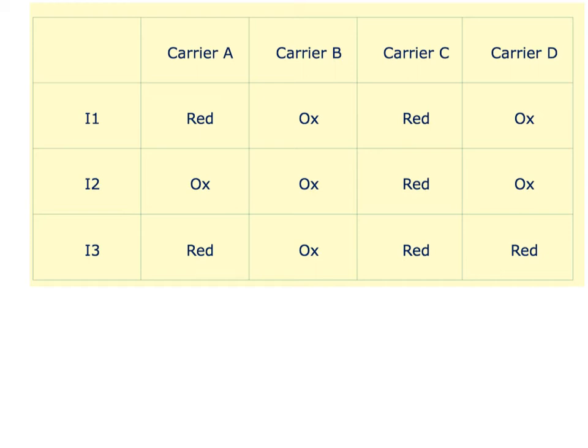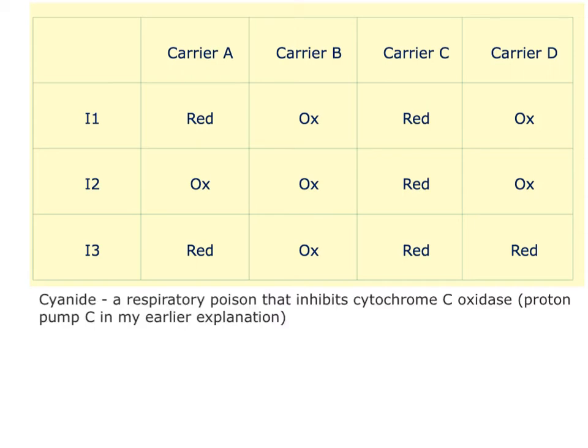So you can see here they've just called them carriers A, B, C and D, and then inhibitors 1, 2 and 3. Interestingly, cyanide, which is a chemical I'm sure you've all heard of, a nasty poison, obviously kills people, that's actually what we call a respiratory poison. It inhibits cytochrome C oxidase. Not that you need to know that, but that's